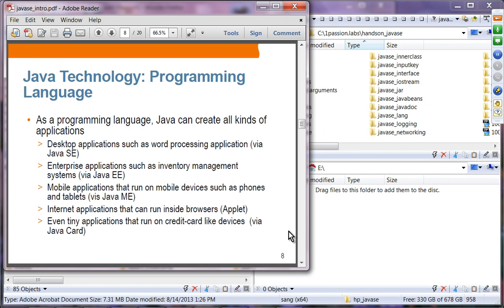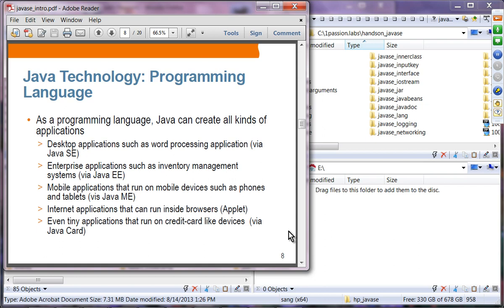You can build enterprise applications such as inventory management systems or payroll systems, mainly for enterprise organizations that need high-level functionality such as security, scalability, and performance. That is built with Java EE. And you can also build mobile applications, such as for phones and tablets, which could be built with Java ME.